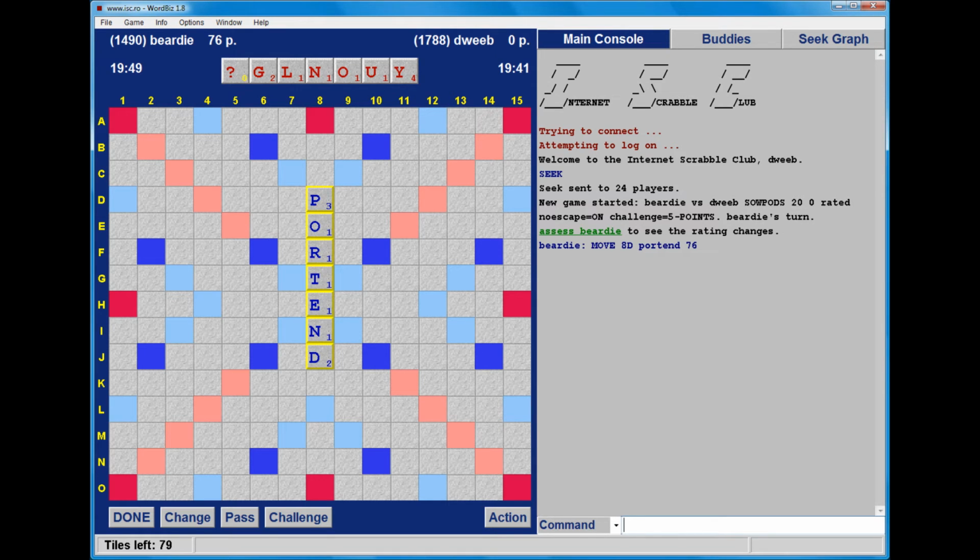My opponent has started with a bingo, and I have the blank on my rack. But can I reply with a bingo of my own? I have the G and the N, but if I wish to consider an ing ending, I would need to use the blank as an I, and the remaining letters are L-O-U-Y. I don't have a 7 ending ing, so I need to consider,